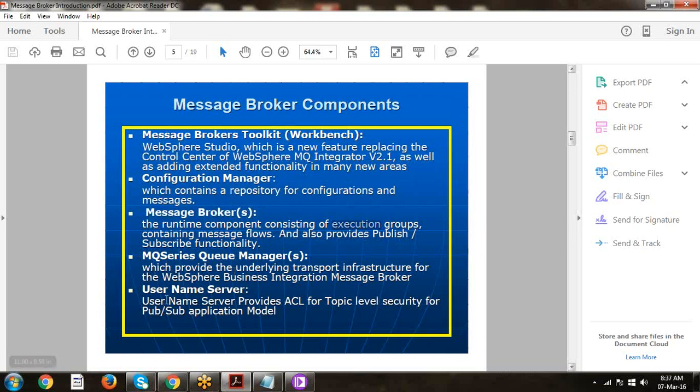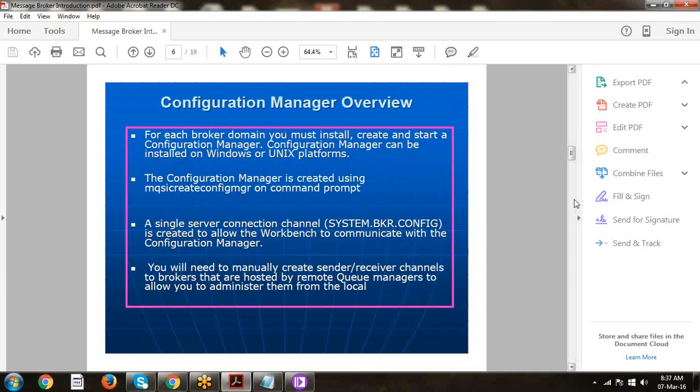The user name server is for authentication purposes, and the publish subscribe mode is also not available. The user name server, broker domains and configuration manager are not available from version 7, and the database dependency has been removed.